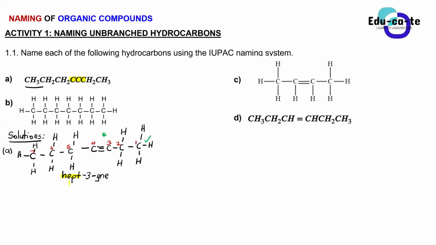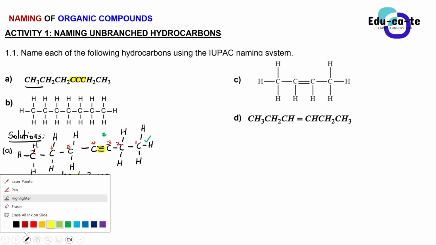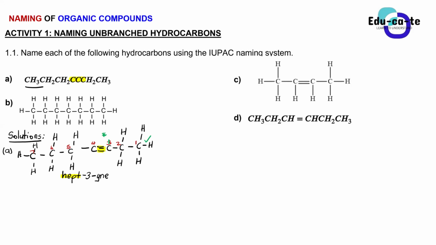And now, because this is an alkyne that has more than 3 carbons in it, we need to indicate where the triple bond is found. The triple bond in actuality is found between carbon 3 and carbon 4. You can see I'm highlighting it here. But we will choose to say that our triple bond is found on carbon 3. So we choose the lowest number. The lowest numbered carbon that has this triple bond is carbon 3. So this is hept-3.